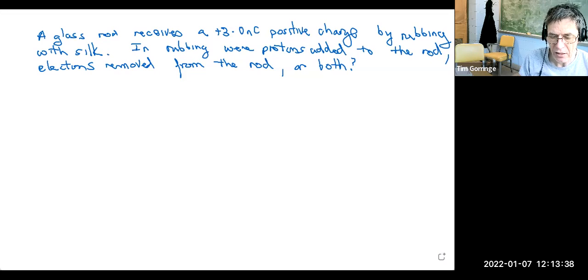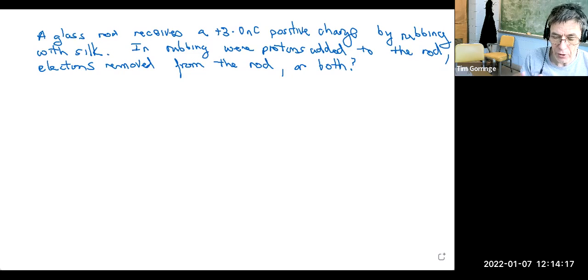We're told a glass rod receives a 3 nanocoulomb positive charge when it's rubbed by a silk cloth. So the glass rod acquired a positive charge, 3 nanocoulombs. The silk cloth would acquire a negative charge of 3 nanocoulombs as charge was transferred between the silk and the glass. And the question is, in this process, in making the